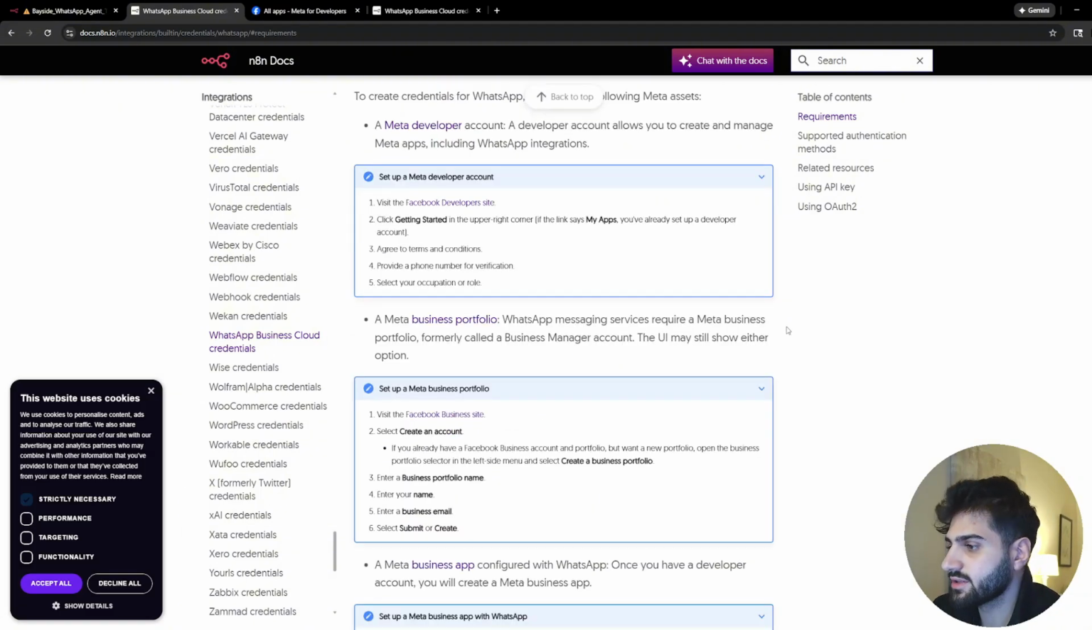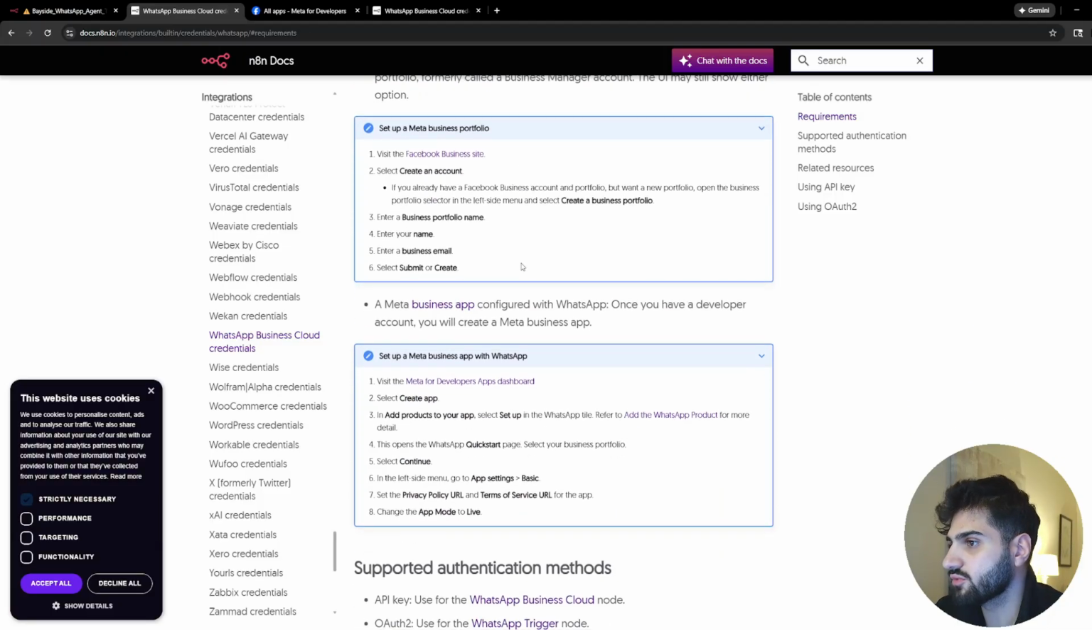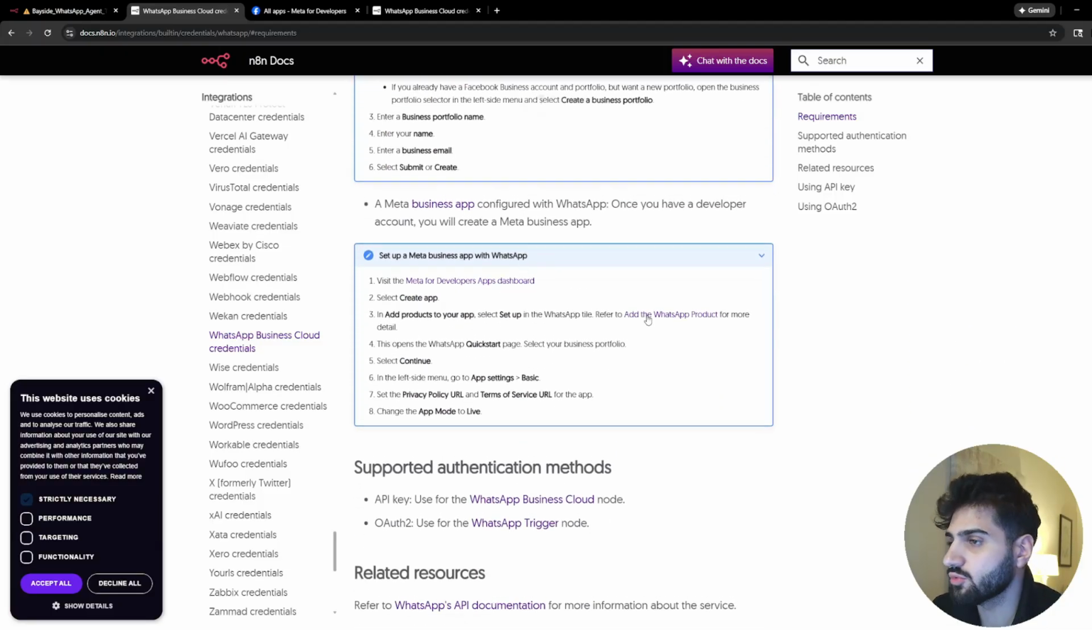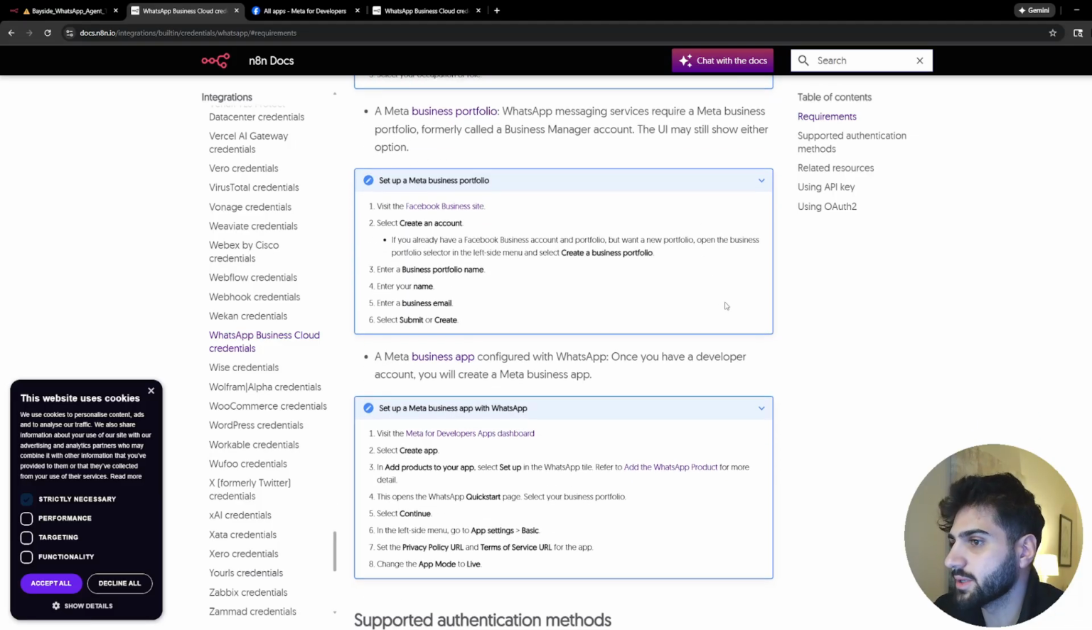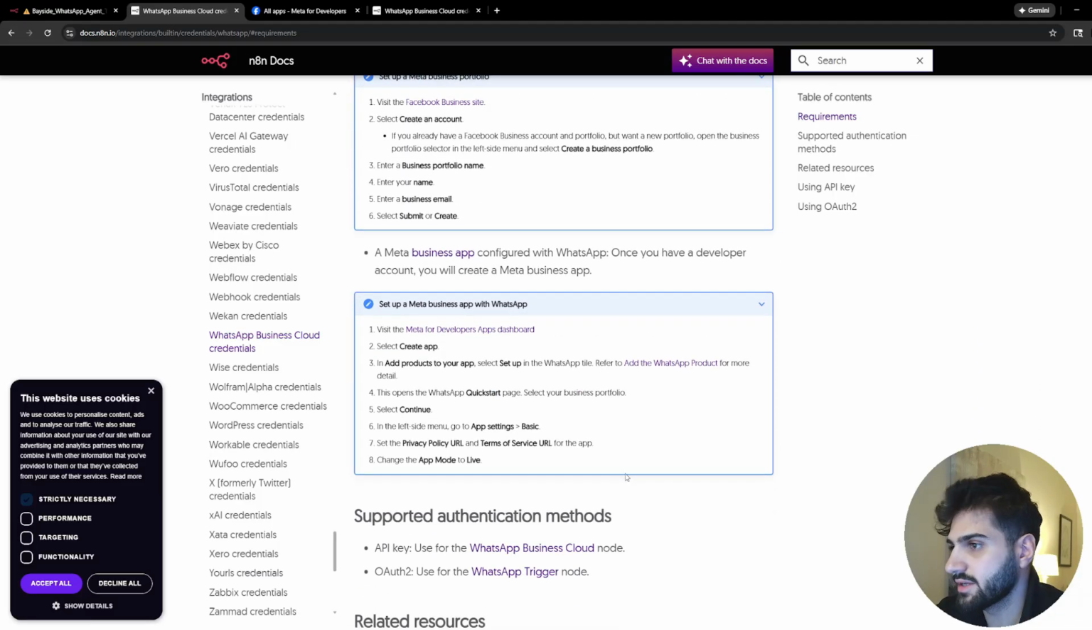So I've already created these 3 things for this demo: the Meta Developer account, the Meta Business Portfolio, and the Meta Business app with WhatsApp. The n8n docs here have these steps. They're very easy and simple to follow. So I'm not going to go through all of these step by step, but it should be fairly simple if you follow this guide. There is, however, one critical step that I'm going to show you guys for production deployments,